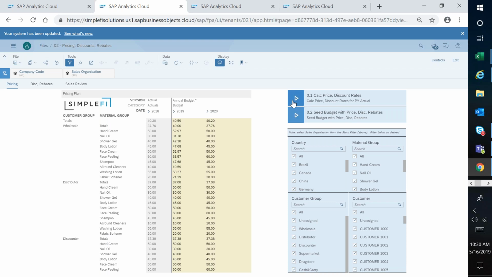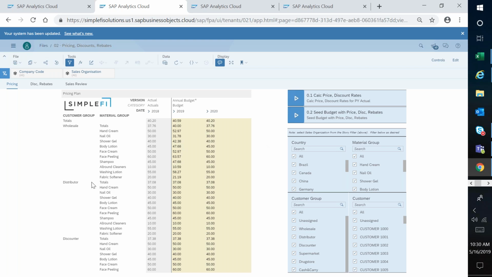We've got advanced formulas that will take actuals and calculate my average, my ASP, based off of history, and then populate it into my budget, is basically what these two are doing. They're also calculating what the discount rates or rebates are as well, and pre-populating that. So all of this information with just a couple clicks and 10 seconds, it's populating my entire budget for me and allows a starting point.